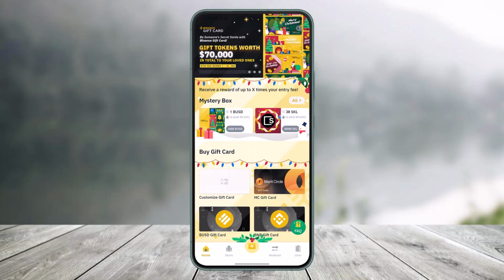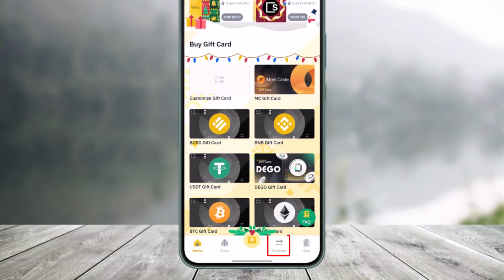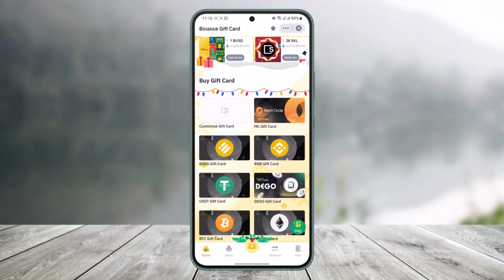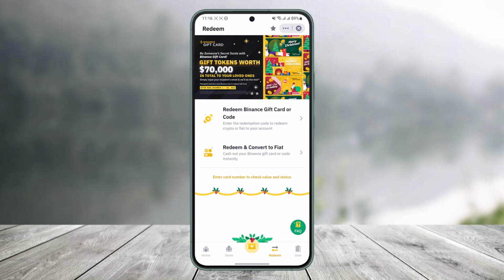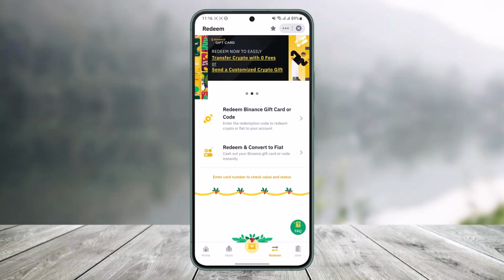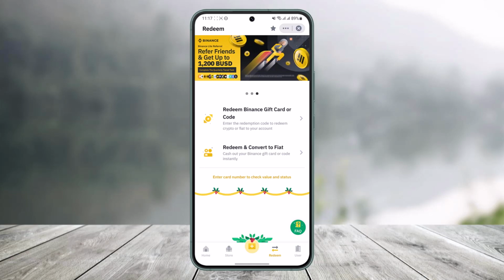As you go to the gift card option, right over here you'll find the option called redeem at the bottom right. So go to the redeem tab. You have two options. One is to just redeem your Binance gift card or code. The other is to redeem and convert it into a fiat currency. So if you want to redeem your Binance gift card for cash, you have to choose the option called redeem and convert to fiat, or else you could just choose the option called redeem Binance gift card or code